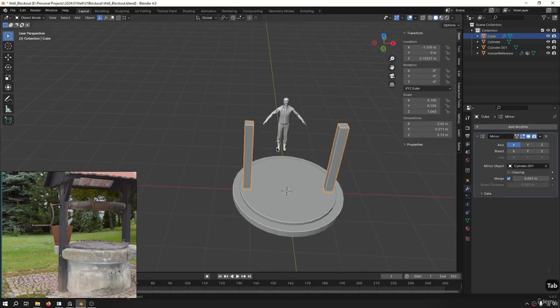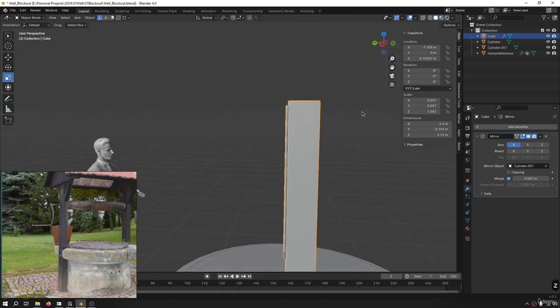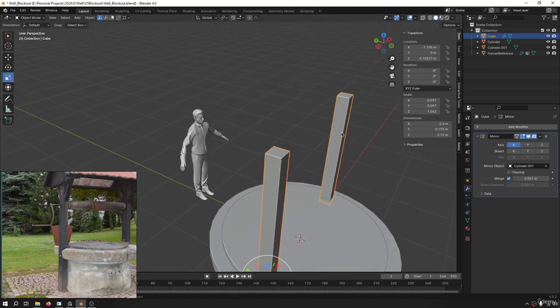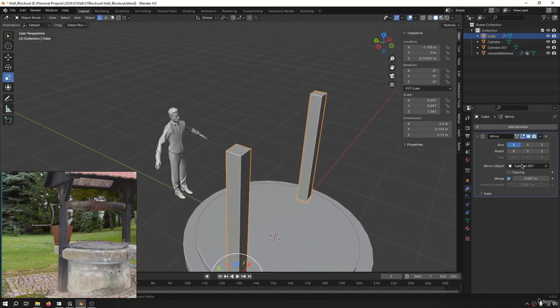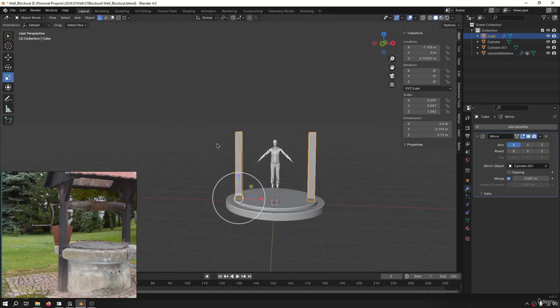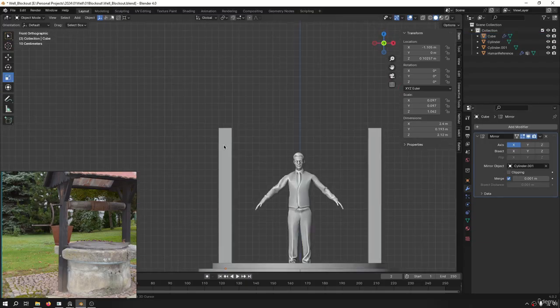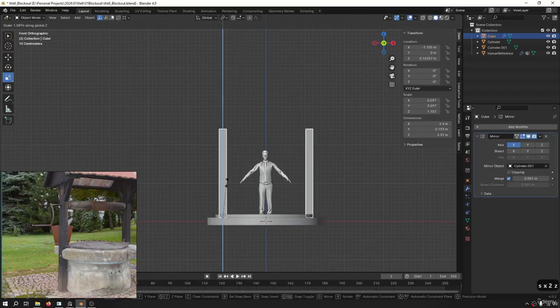So let me select this and try to scale that a bit. Now you see the changes are getting reflected there as well, because this is a mirror and I haven't collapsed the modifier. So let's see, looks like it could be